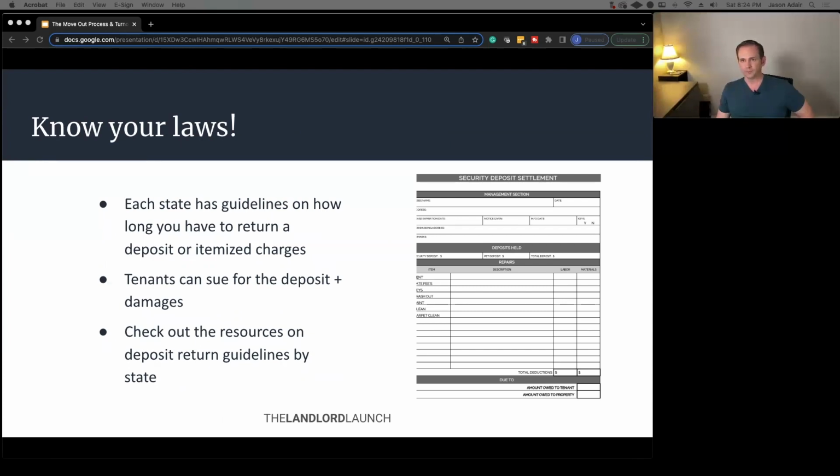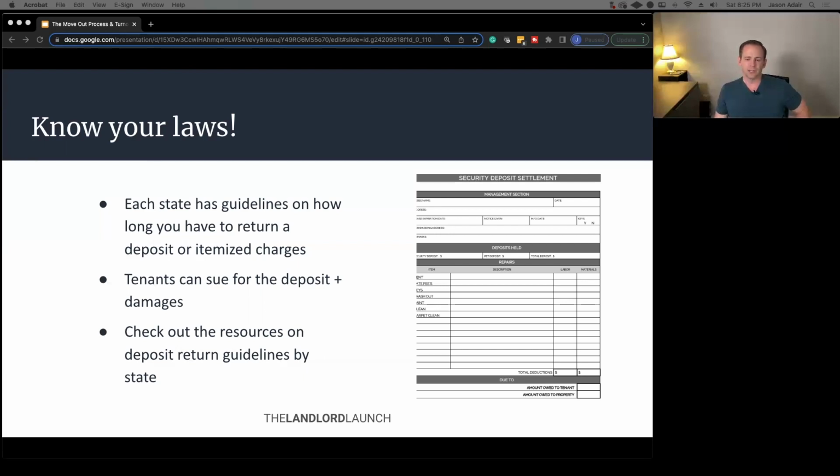So if you have, let's say you have a $1,000 security deposit, and let's just say you don't get this to them. You don't itemize anything. You don't even bother. Let's just get extreme. That tenant takes you to court. They can sue you for 1.5 times the amount of deposit. So you have to return a deposit of $1,000, but then they may win another $1,500, 1.5 times the amount of deposit, which means you're paying them out $2,500 for a $1,000 deposit that you should have returned